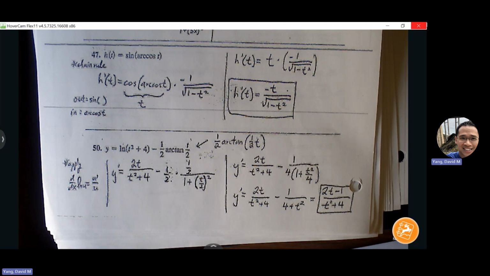Sometimes t over 2 feels like it can be easier to read if I write it as 1/2 t, right? That makes it easier to see, oh, that's just power rule, 1/2 t becomes 1/2. Those are using, going back to log functions. Going back to log functions. Right, so